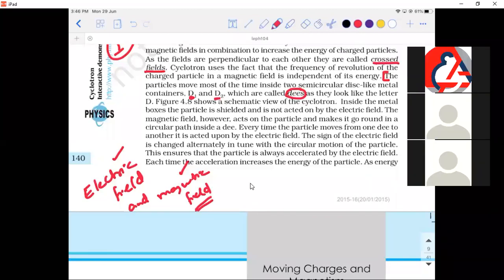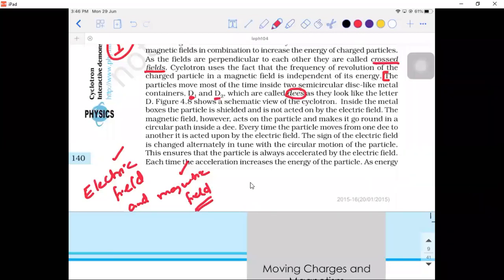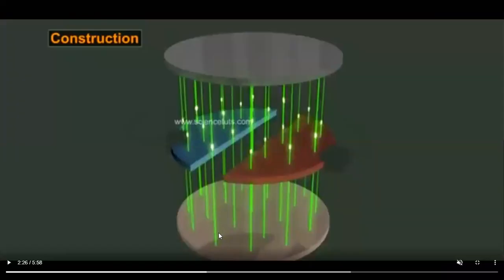A charged particle. Charged particles. No, a charged particle will generate magnetic field. Current carrying conductor. No, if you want a continuous magnetic field present, what is it you need? Permanent magnet. Right, you need a permanent magnet. That is the first thing. So here, if you observe the green color lines, you're able to see. So these green color lines are the magnetic fields.